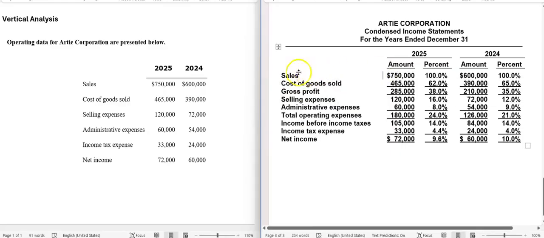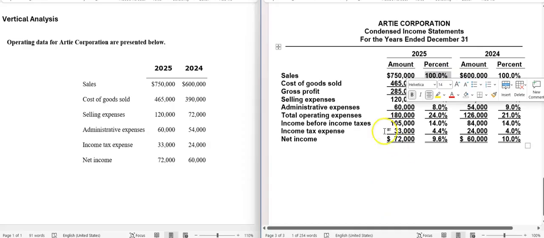So what we're doing is identifying revenues as the base amount. To determine what percentage each line item is of revenues, we are going to divide that line item by the amount of revenues. For example, revenues of $750,000 divided by revenues of $750,000 means sales are 100% of sales,